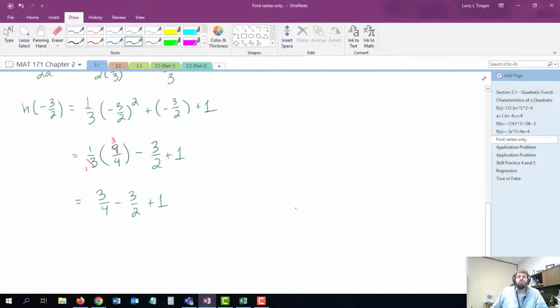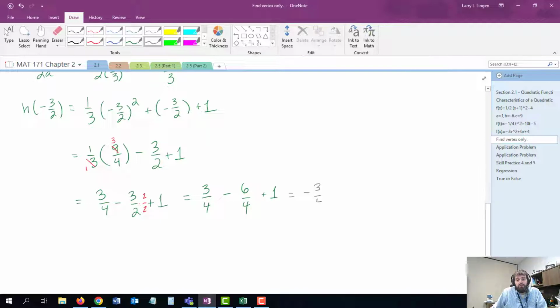And I'm going to work from left to right. 3/4 minus 3/2 is the same thing as 3/4 minus 6/4. In order to combine these fractions, I need a common denominator. The least common denominator between 2 and 4 is 4. How did I get that? I multiplied the top and the bottom by 2. So that's how I go from 3/2 to 6/4. 3/4 minus 6/4 is